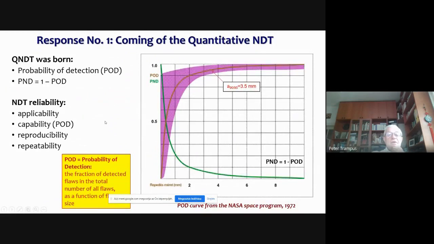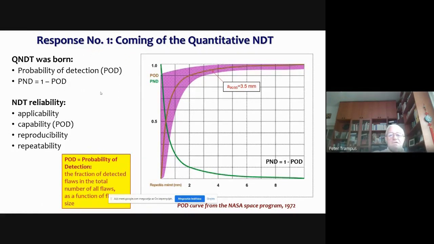This is the basis of the quantitative NDT, of which the major tool is the probability of detection, the POD, which will be a separate presentation.